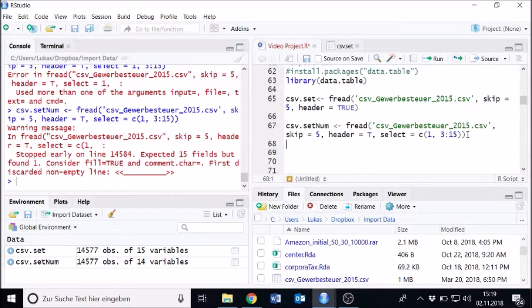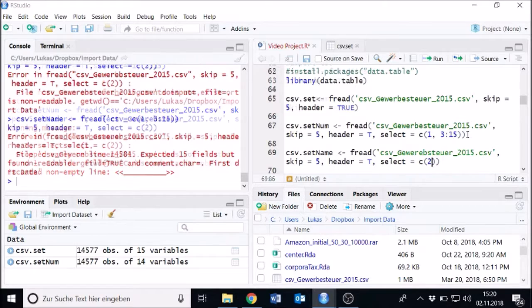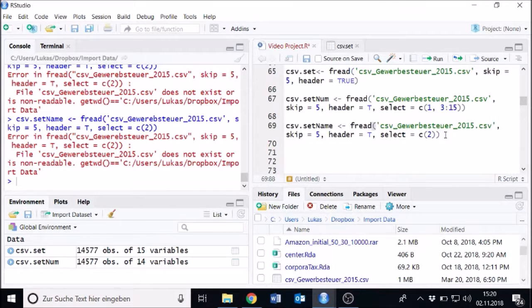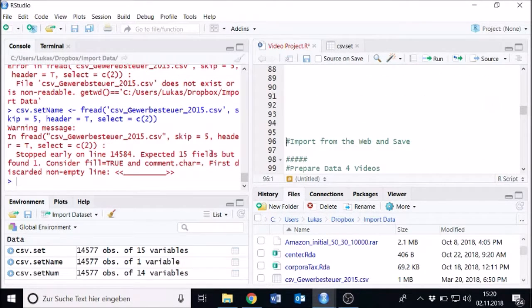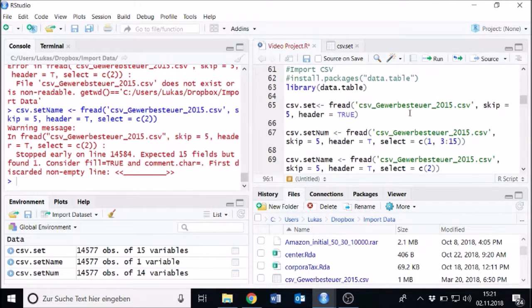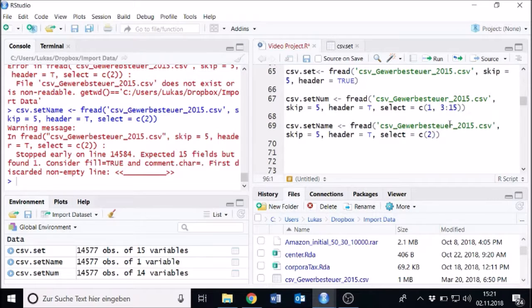But that's no problem. We can also import it separately, which is imported by, for example, calling it csv.setName. And then we just select the second column. All right, there was some error in that. Sorry for the cut. Now it works, and we have it imported again. Make sure to always type the data name correct. I failed sometimes. Just do some trial and error, and then you will get the right name of this data